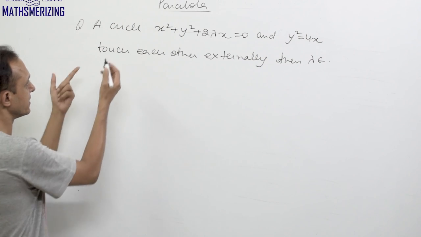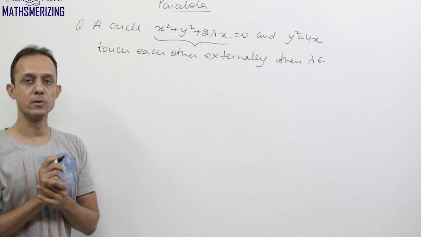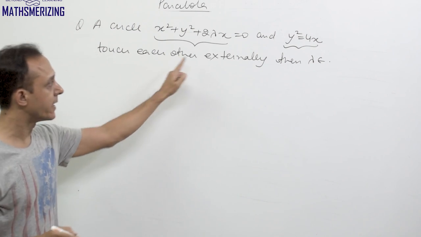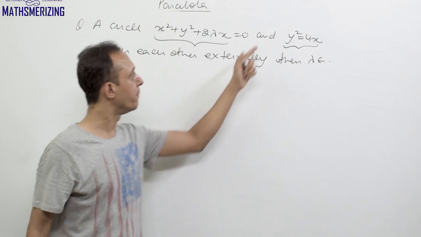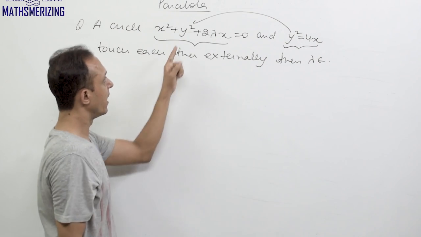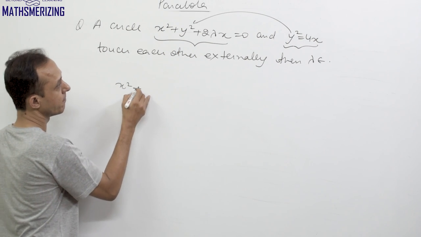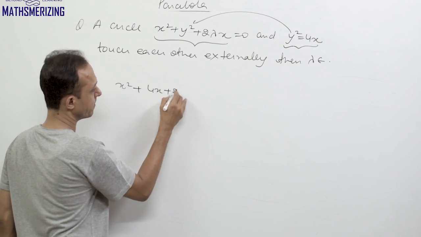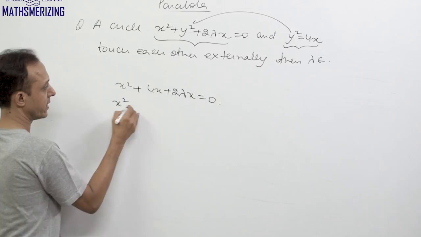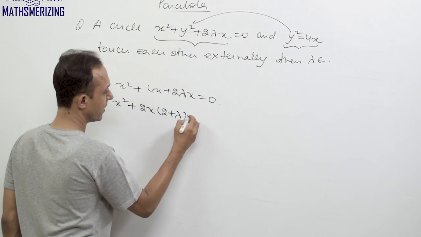In this question it says a circle x square plus y square plus 2 lambda x equals 0 and y square equals 4x, they touch each other externally, then we need to find the value of lambda. So again, what we'll do is substitute the variable. I'll write y square as 4x. So I can write this equation as x square plus 4x plus 2 lambda x equals 0. So it'll be x square and then plus, I'll take 2x common, and then it'll be 2 plus lambda